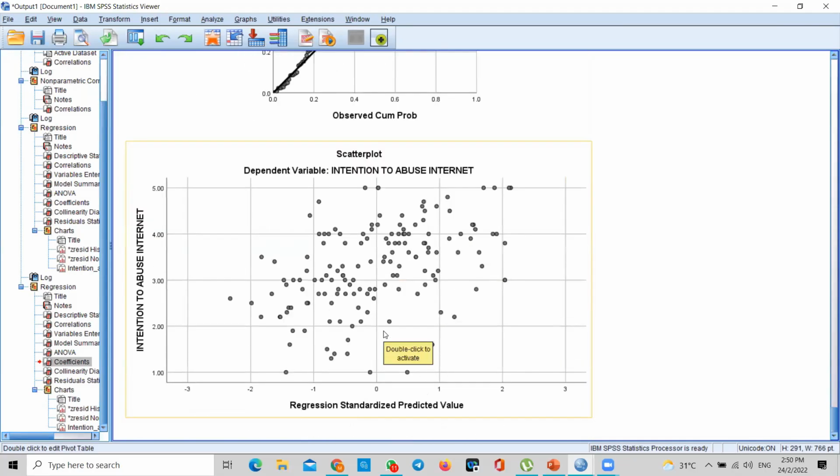Next is heteroscedasticity, the scatter plot. Is the data scattered here? Yes, sir, it is. If it is all concentrated in one